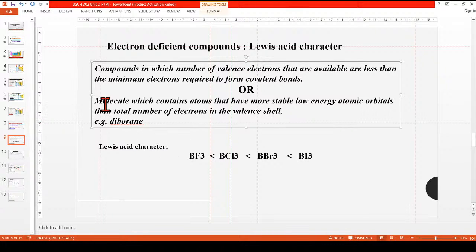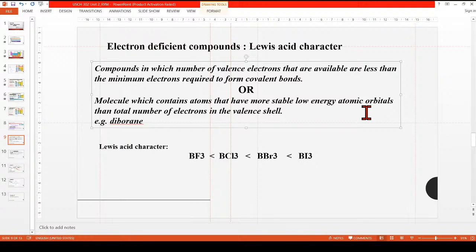In other words, a molecule which contains atoms that have more stable low energy atomic orbitals than the total number of electrons in the valence shell is called an electron deficient compound. Okay, for example,